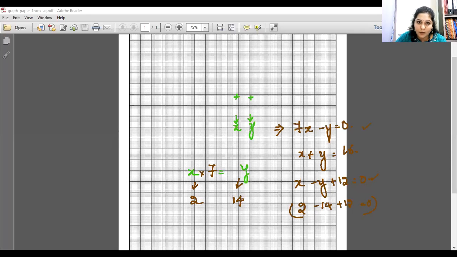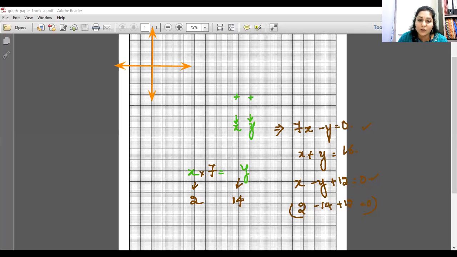Given a point in a quadrant, say 2 comma 14, this is 0, 1, 2, so this is your 2 and this is your 14. Given a point 2 comma 14 here, you can go ahead and get infinitely many solutions. This is the point. What I'm trying to tell you is that once you plot a point, say for instance like this, this question is simply asking you: given a point, how many lines can you draw through the point?